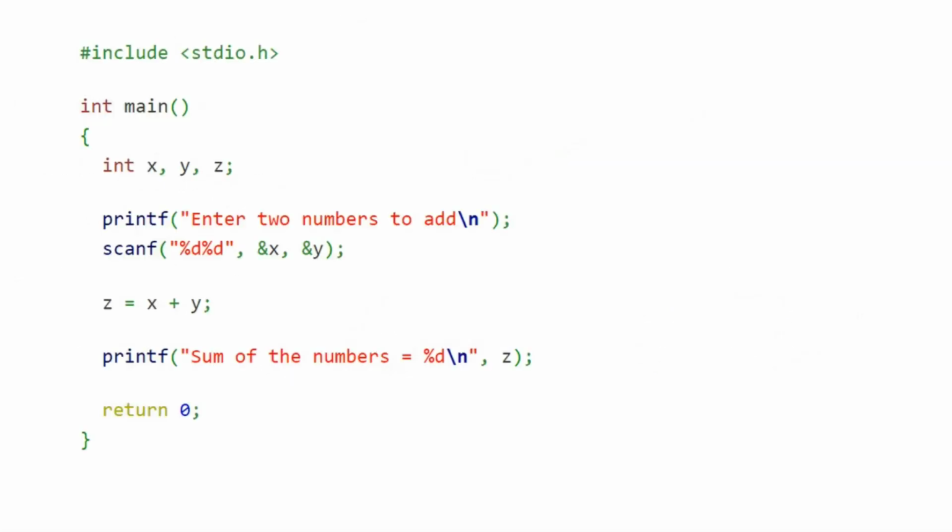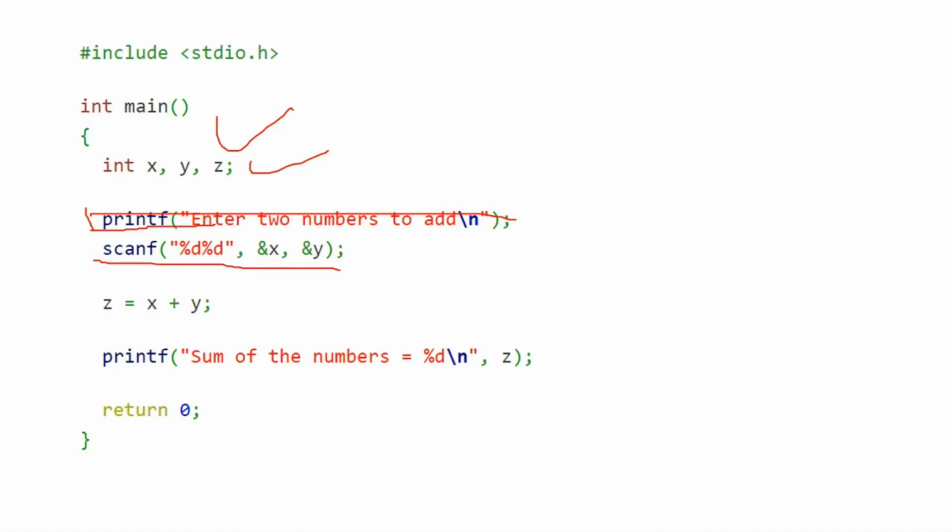Here is a C program, and when processor executes statements of the C program one by one, if processor encounters a printf statement, then while executing it, processor executes output operation. When processor executes scanf statement, then processor makes input operation, reads data from the keyboard.